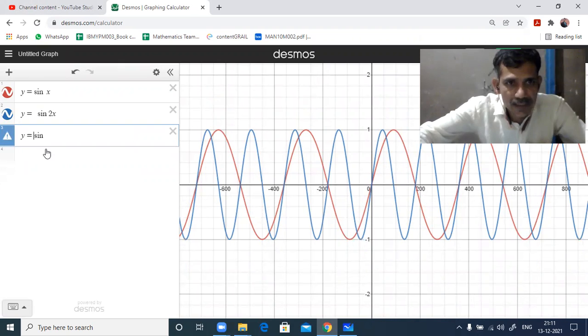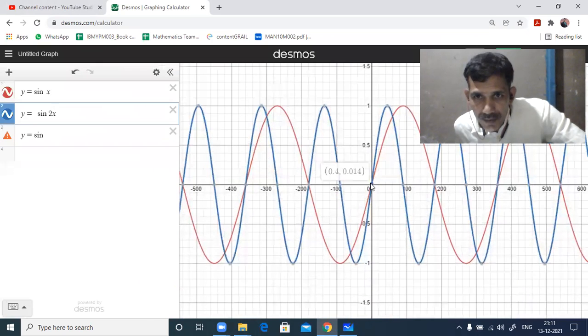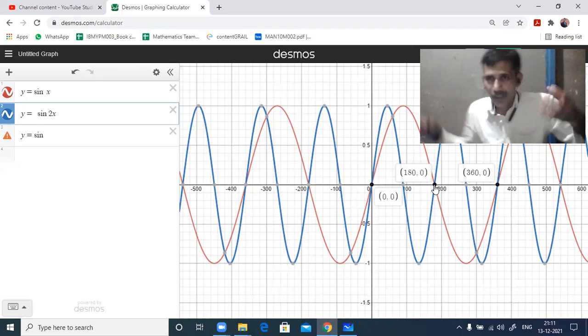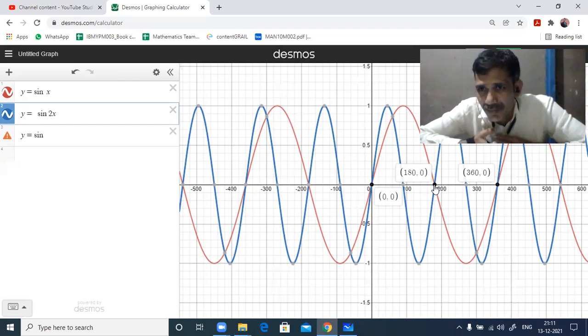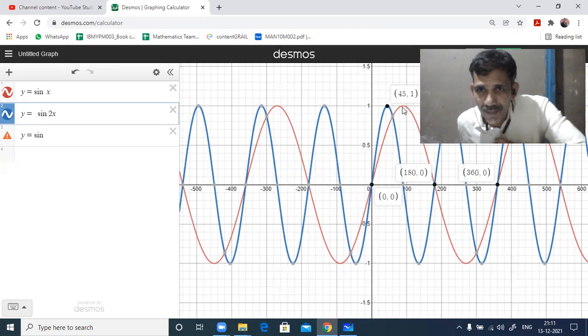Now the first sin x curve is that red color. Okay, red color curve. Its period is 2 pi, we know that. But now the blue color, see, if you multiply the angle, then what happens? See that blue color, one wave is completed within 180 degrees. So the period is reduced to half. And you observe the coordinates. Which coordinates remain the same? Invariant to what we said? Y-axis, no?